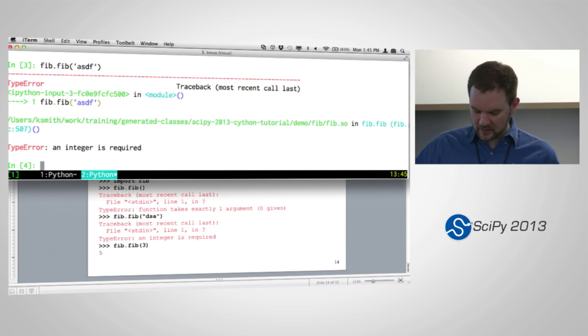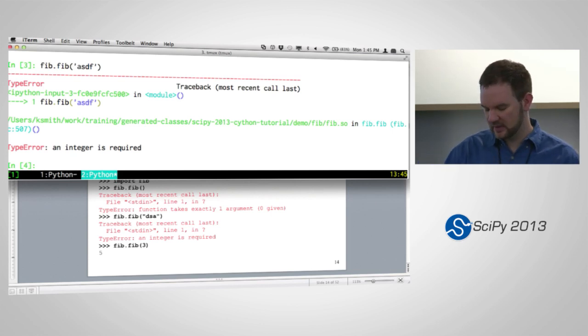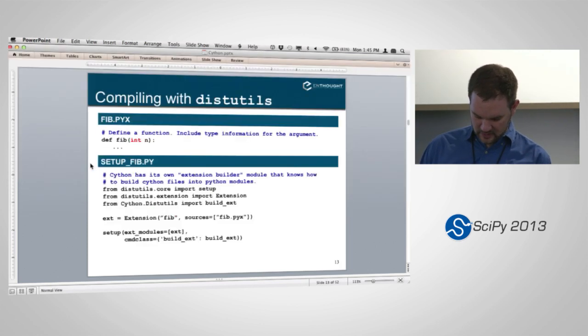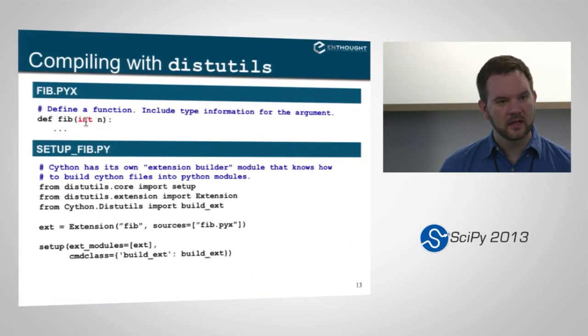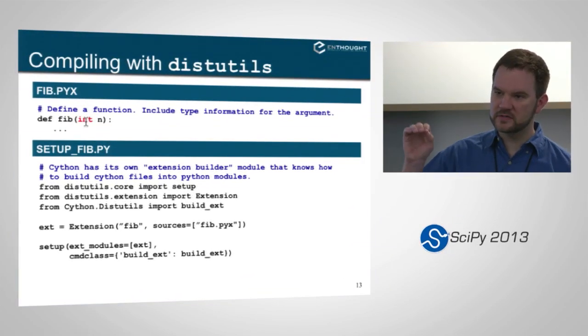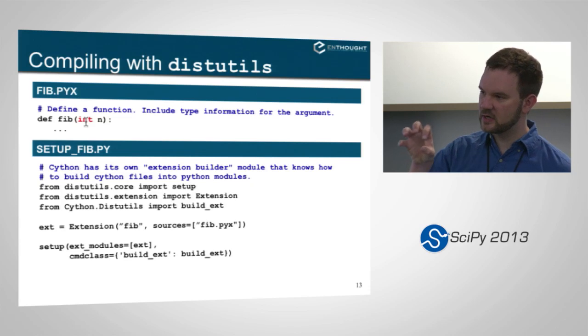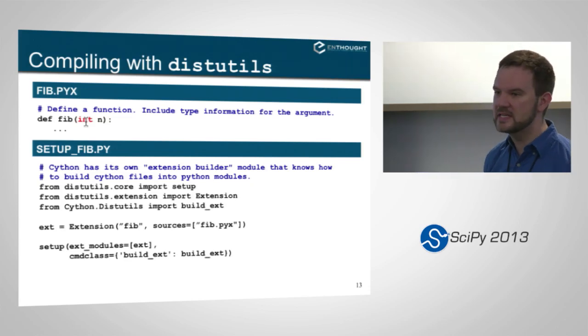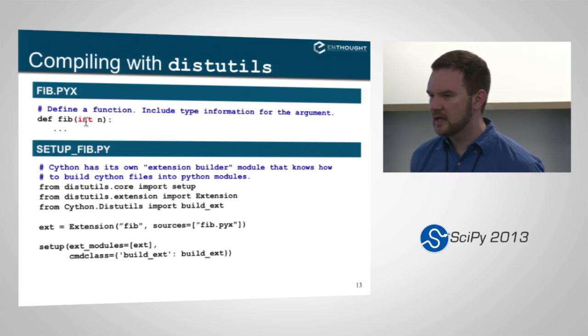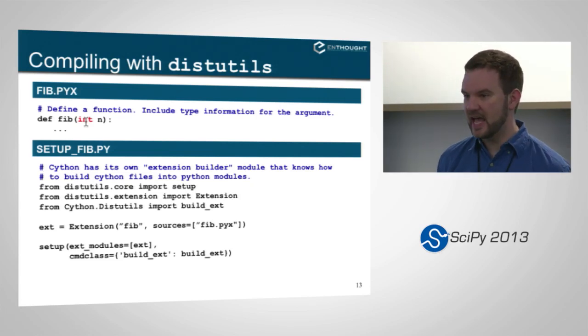Now, this exception is slightly different than the exception you would get if you had the equivalent Python version of this function defined. Let's just look at fib here quickly again. So here fib takes an integer as an argument. And when you call this function, fib is going to restrict that argument type to something that can be converted into an integer right there. Okay? So you're statically typing n, and you're going to get an exception at that point